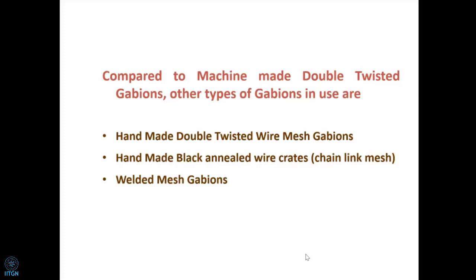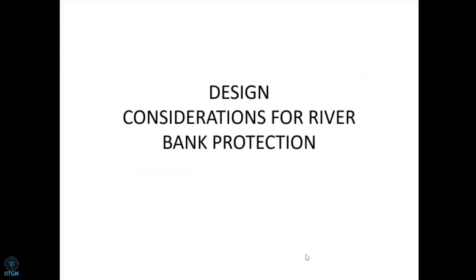but I would say that so far in the country, the machine twisted gabions, zinc and PVC coated metal gabions, have been used in a number of projects because of various advantages. So also the polymer rope gabions have been used. This is against the welded mesh gabion and hand twisted gabion, which corrode much faster. Okay, so that much.